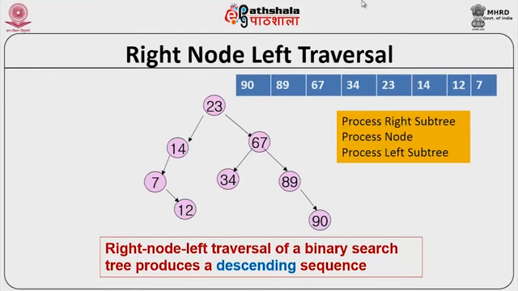Okay. Now, because we are talking about ascending sequence, we also talk about descending sequence. This is normally not what we talk about in a binary tree. This is special to a binary search tree, where we process the right subtree, process the node and process the left subtree. If you do that, the same traversal, you will get the descending sequence. That is, you first process right, then process the node, then process left. This is just because something called descending sequence is defined for the binary search tree because of the organization of data. So, that is as far as the traversals are concerned.